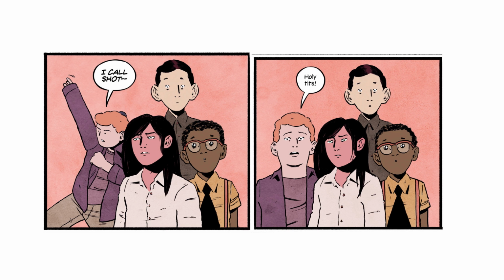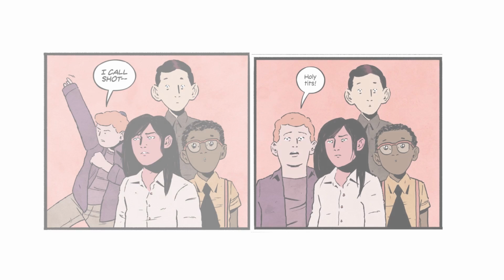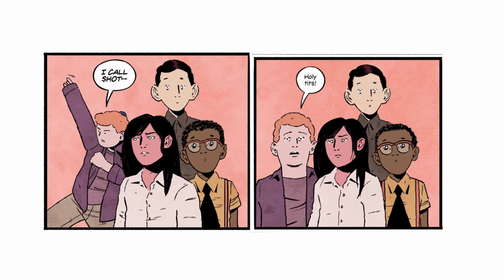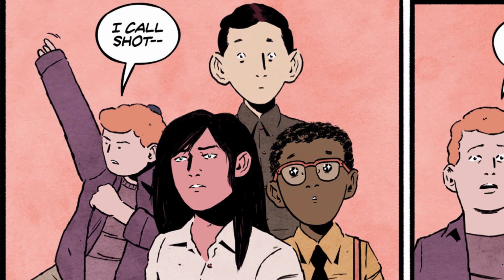Though it seems simple, there's actually quite a lot going on here. We've talked before about that understood movement that occurs between panels in the gutters. We're presented image 1, then image 2, and we acknowledge that in the little white space between the frames, Berger has moved from there to there. So our brain accepts that where he was in movement a panel ago, he's suddenly come to a dead stop. It's reinforced by the "I call shot" and the 2 dashes, indicating that broken surprise, and Thomas Mauer's letters that are bigger